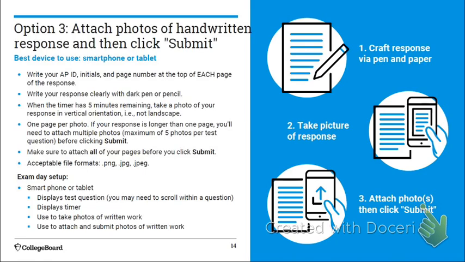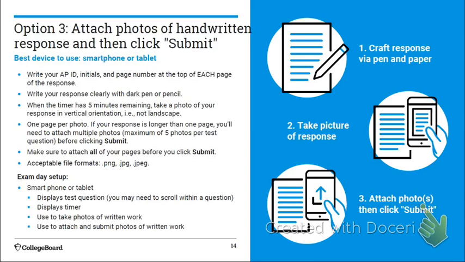The third option is that you write your answers on a piece of paper. Okay, they ask that you use blue or black ink if you're going to do that, or a number 2 pencil. They have said they really don't care if it's lined paper, I think, or if it's blank, so long as it's on 8.5 by 11 portrait paper, like you're writing in a spiral notebook or something. Meaning you don't want to be doing this on a whiteboard.